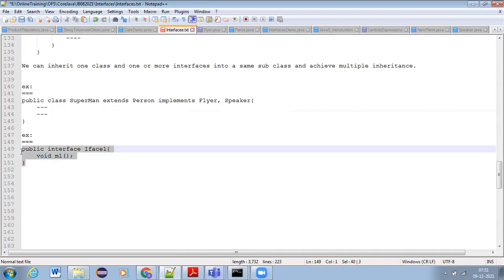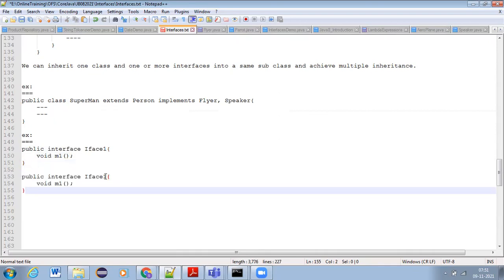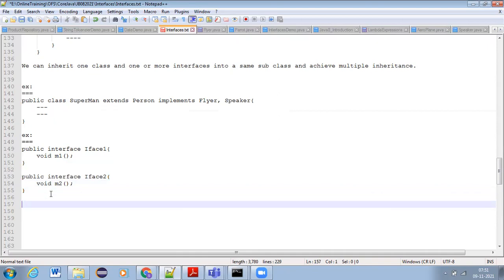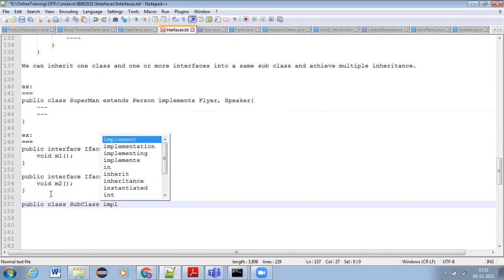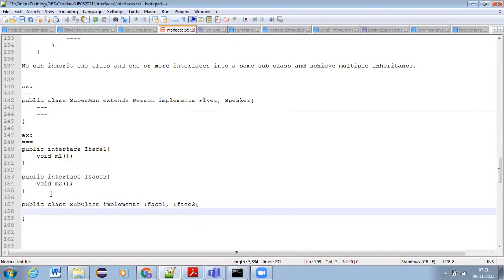Next, I have another interface, IFS2, in which I have a method void m2. Now, if I write a class for these two, public class SubClass implements IFS1, IFS2, what should I write here?